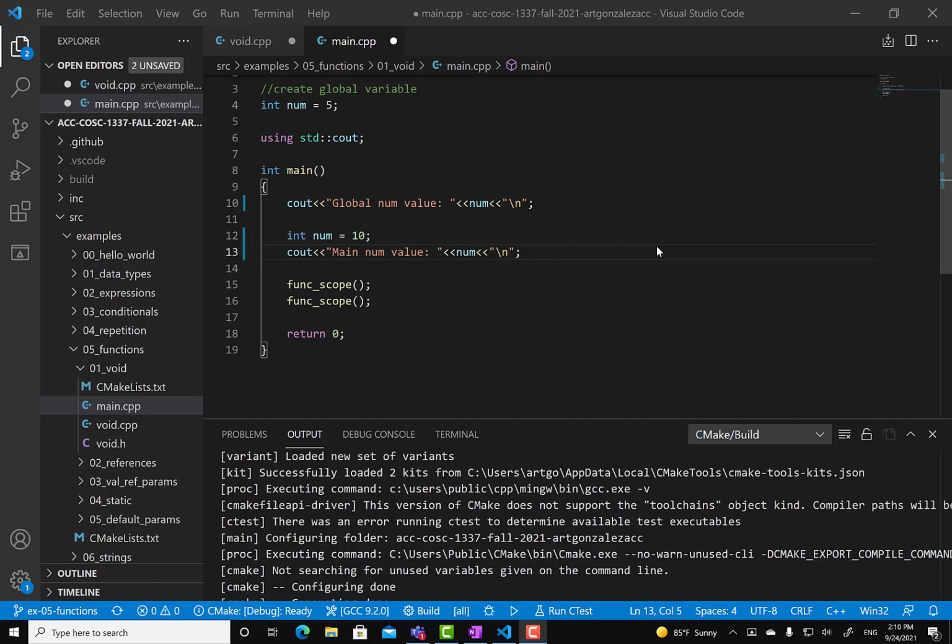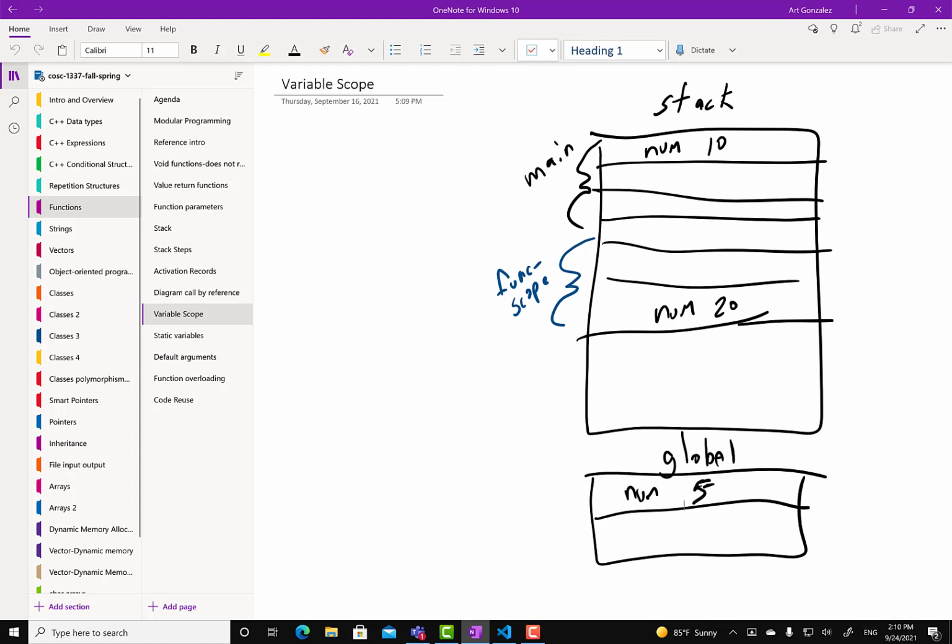We can review September 24th. We took a deep dive into functions. We've covered function concepts. I think we started talking about variable scope, static variables, default arguments, function overloading, and how